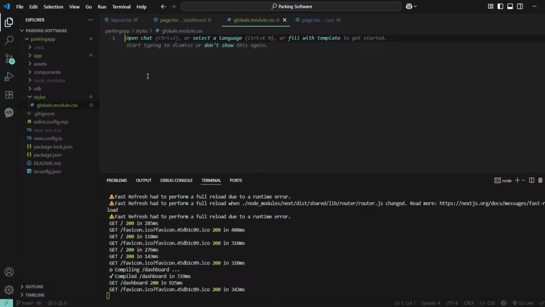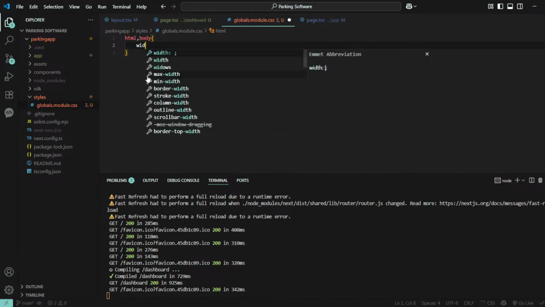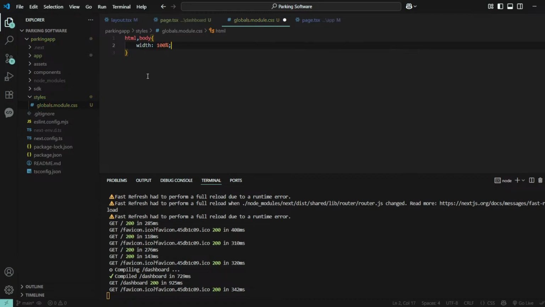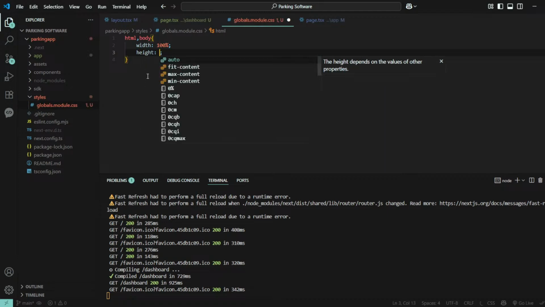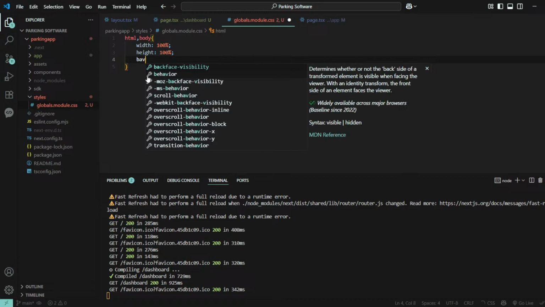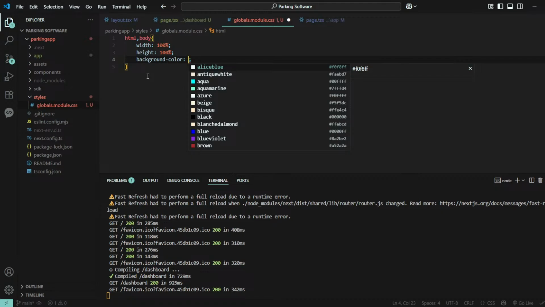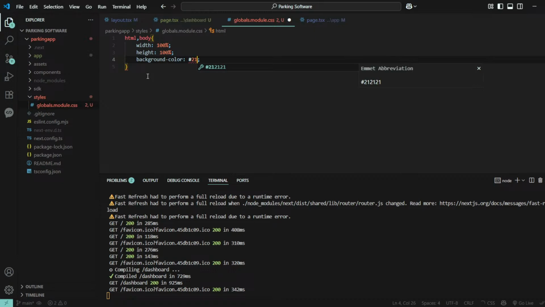Okay, for example, first one is HTML module. Okay, and inside this, let's give width as 100 percentage, height as 100 percentage, and then background color as